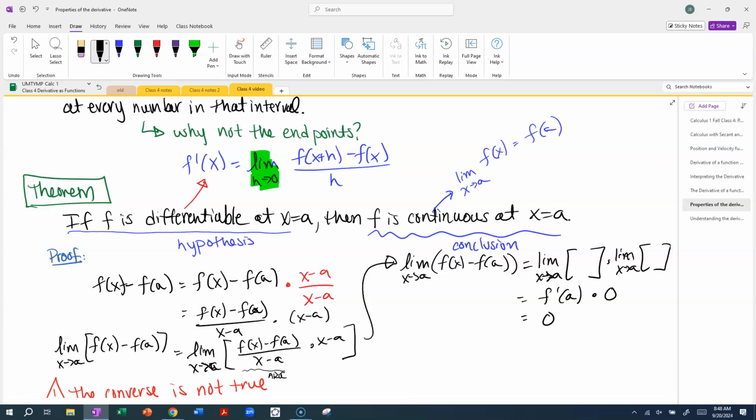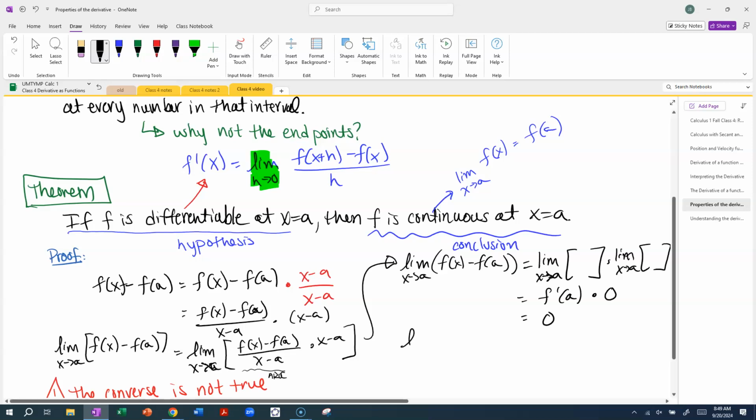Okay, and then if I look at this a little bit, I know that the overall limit exists, and I know that f prime of a exists. So then does the limit of f of x at a exist? Well, that's where we get into maybe a little trouble, but